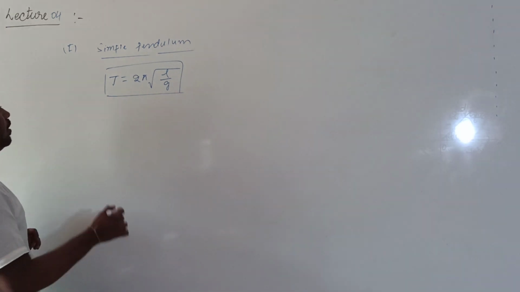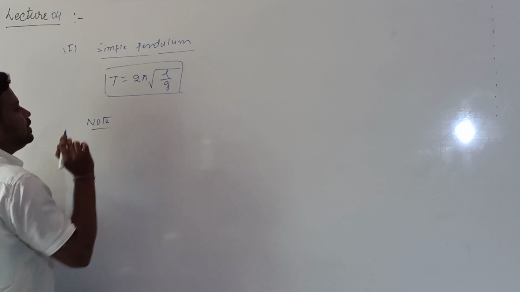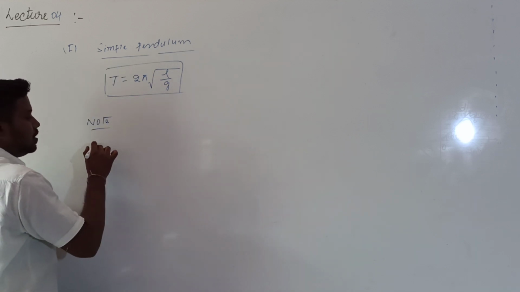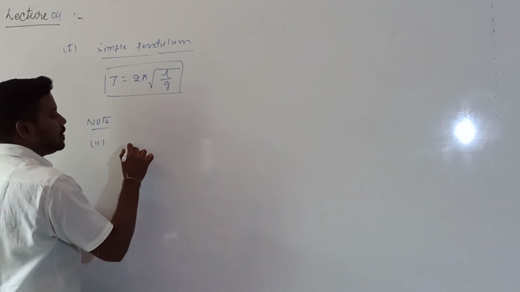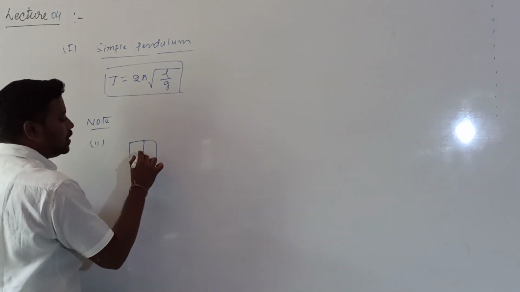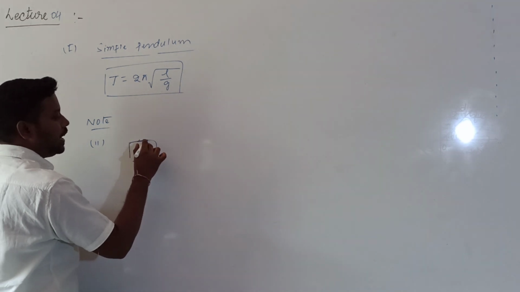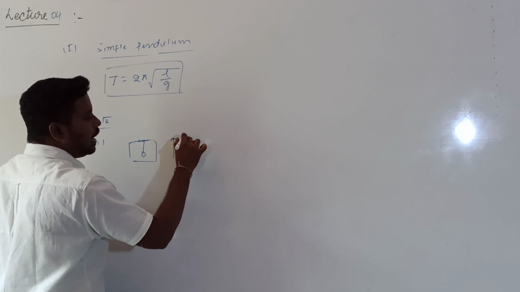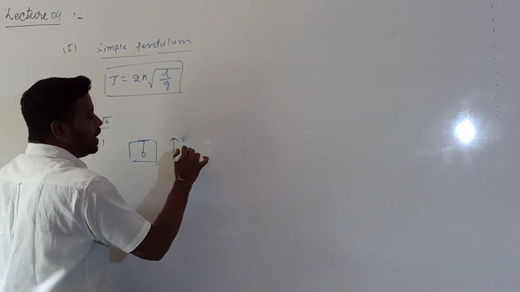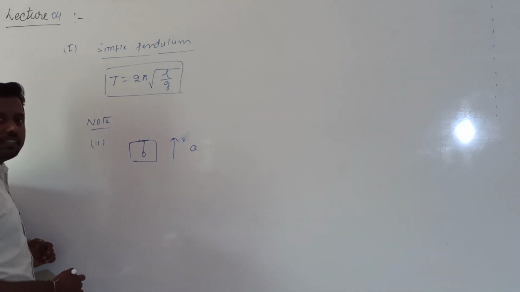Yesterday I think we discussed around 10 points related to these time period applications. So next, point number 11. Let us suppose the arrangement of a simple pendulum is attached to a lift. So one lift is there, and to the lift we attach this simple pendulum. Now the lift is accelerating in the vertically upward direction.